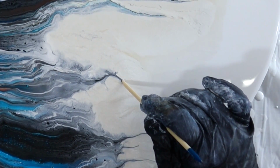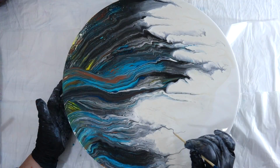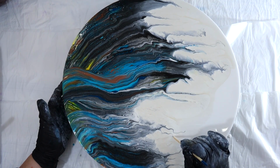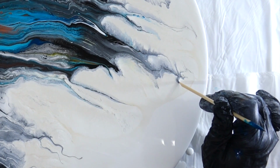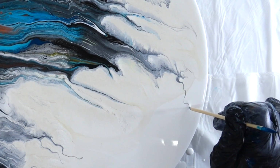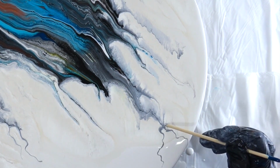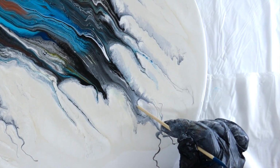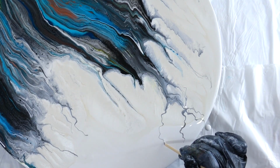one thing that I do know is gonna happen because I've used high flow a lot is it takes hours sometimes to seep into the other paint fully. So all this little fiddling that I'm doing, it's gonna actually fall down underneath the high flow, and it'll look like little tiny fissures eventually. So it won't be as obvious as it is right now as the high flow kind of takes over, and I'm counting on that because this is a little too obvious for me, but